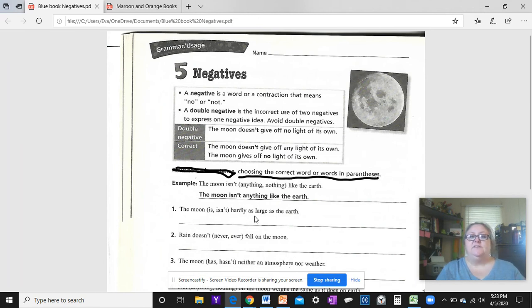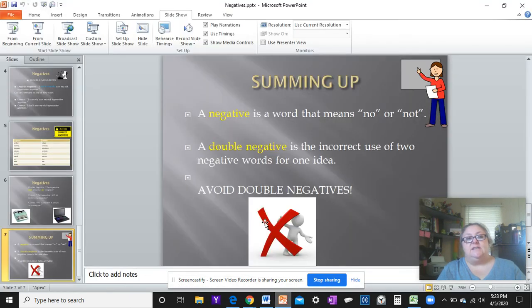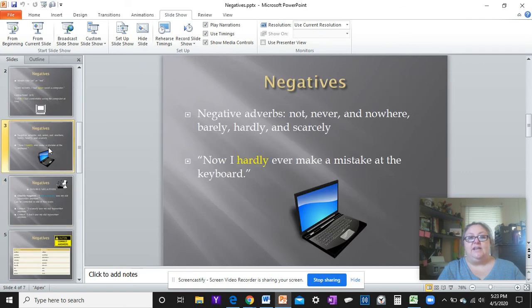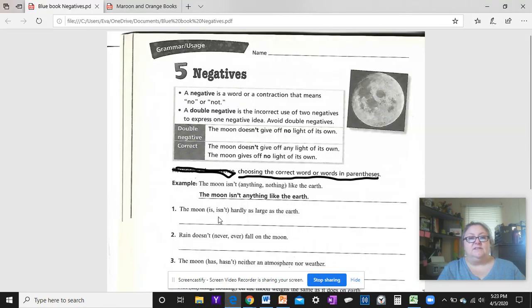Now, do you see how the sentences have 2 choices? Just choose the answer. That's all I want you to do. You're not rewriting. So: the moon is or isn't hardly as large as the earth. Don't forget some of the words that can be negatives, like hardly. So be cautious there when you look at that and decide what's going to be the correct choice